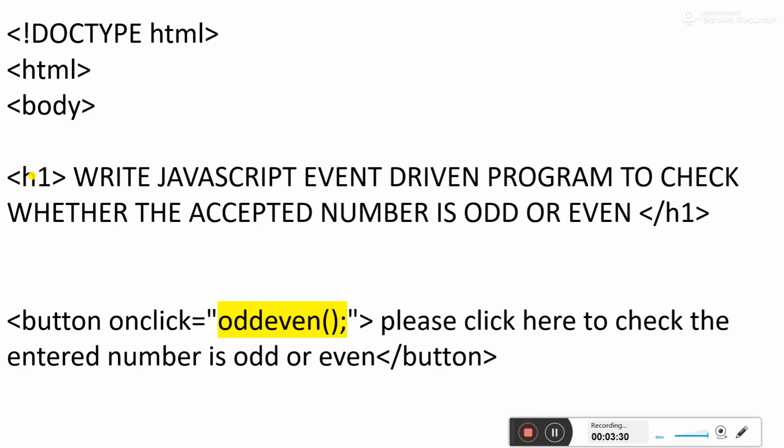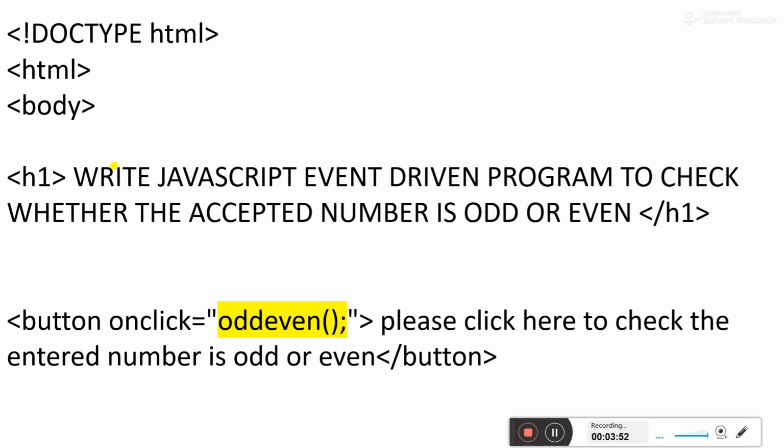Now next one is the button tag. Why do we require a button? To call a function, right? We require a button to call a function. Why? Because we are creating event driven programming. That means you need to write an event. This is an event: onclick equals oddeven. Where